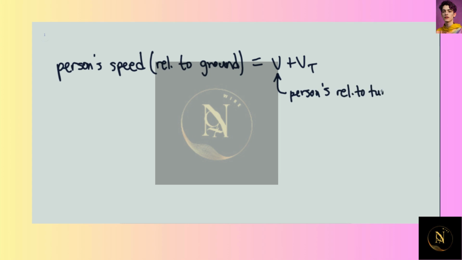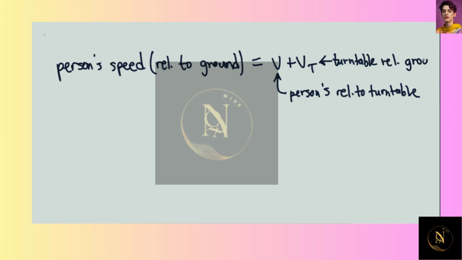We can say here that the person's speed, say relative to the ground, is going to be equal to the velocity v plus v sub t, where v would be the person's speed relative to the turntable, and v sub t would be the turntable speed relative